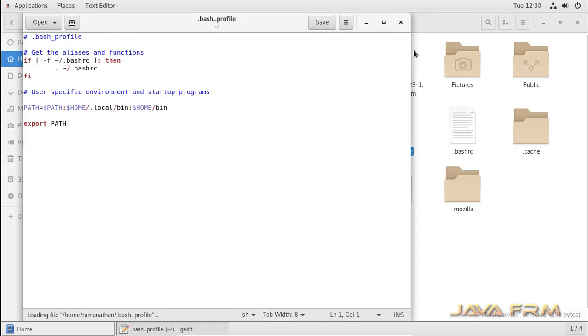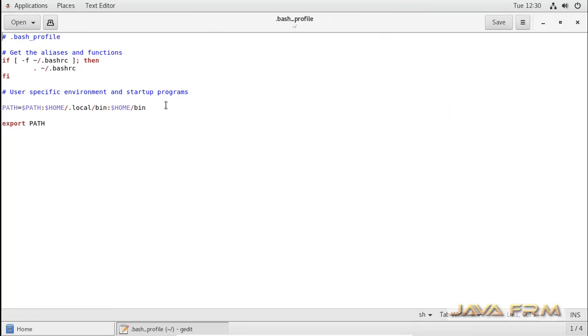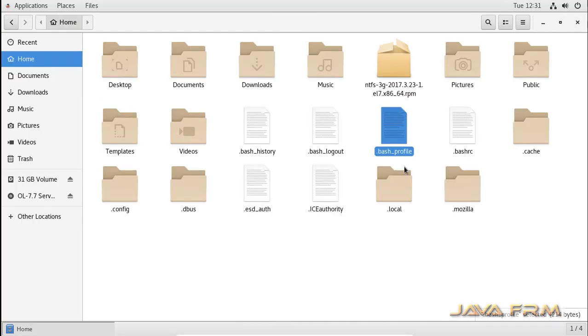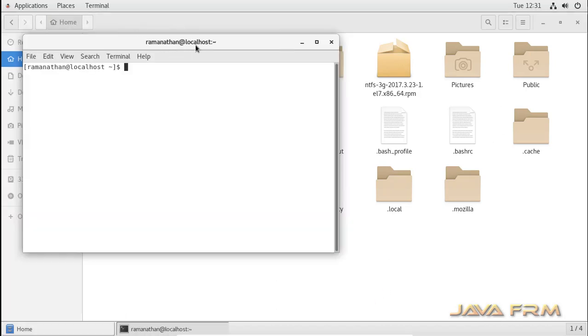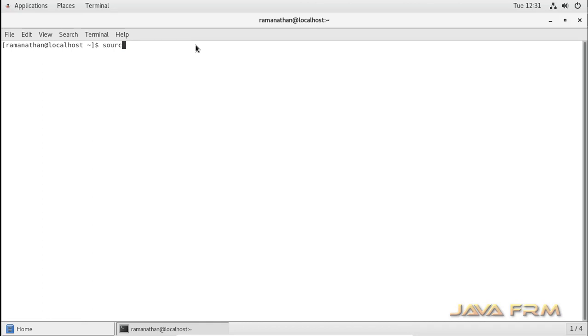Okay, now I have come to the home directory bash profile. So I am opening the bash profile. Here I am going to append the path of the Microsoft SQL tools /bin directory, so that I can execute SQL CMD, or connect to SQL Server 2019 from the terminal, anywhere. Okay, so let me open the terminal. source .bash_profile. This command will load the latest settings in the bash profile.